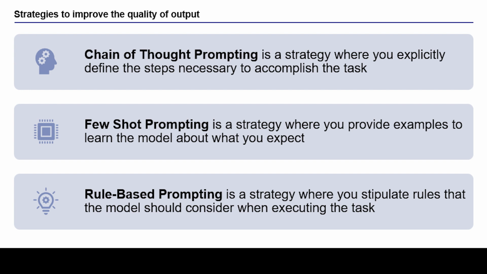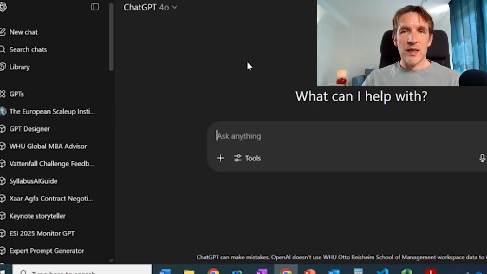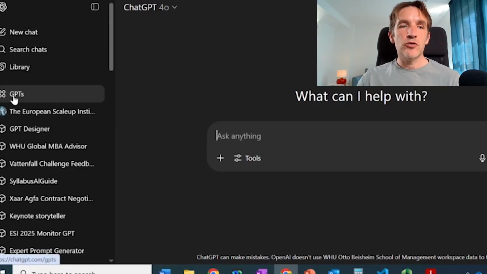Now, of course, this will make it more time consuming to write a good prompt, but I have actually designed for you a GPT that can help you to automate this process. So let me show you the GPT that I have designed for you that can help you in writing this kind of sophisticated prompts. Yeah, so now I'm again in my ChatGPT environment, and so now we can go to